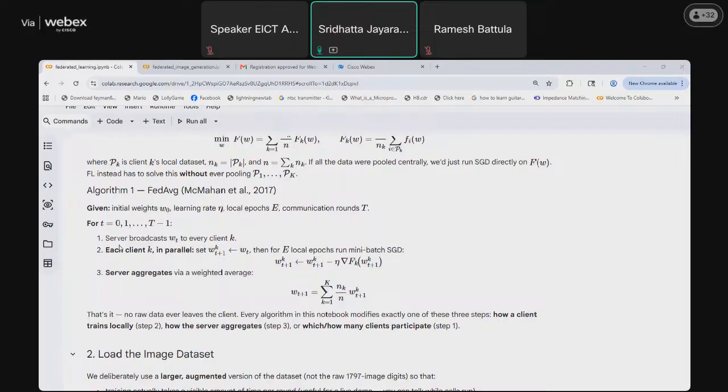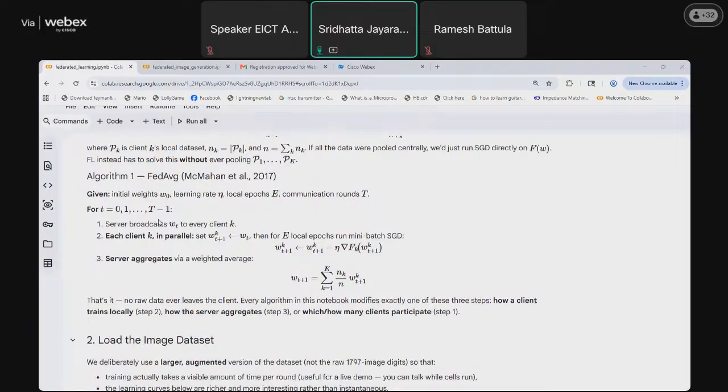The server will have a particular model, and the initialization of that model at the beginning will be shared across the clients. In the first round, when all of the clients receive the initialization of weights from the server, the parallel training of the clients will start.